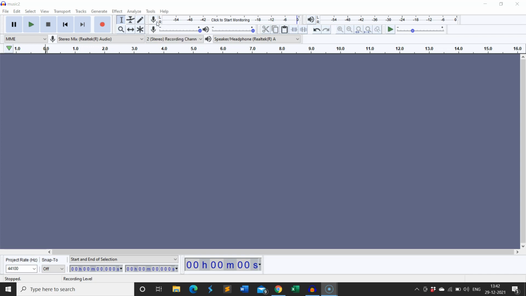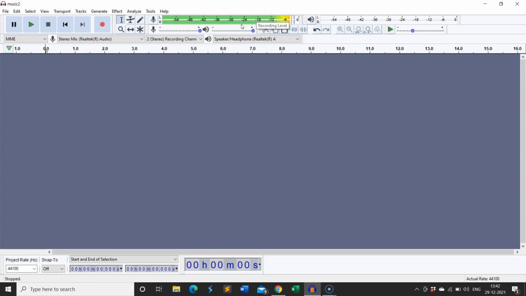Okay, so let me click on start monitoring. As soon as I click on this microphone icon, you can see we have got certain options, and I'm going to click on start monitoring. Now that I'm speaking, you can see we are getting these levels. This is nothing but the recording level. It tells me how much sound or noise it is gathering from my speaking, and it is showing me in this form of the recording level.